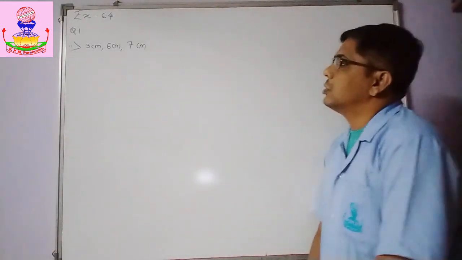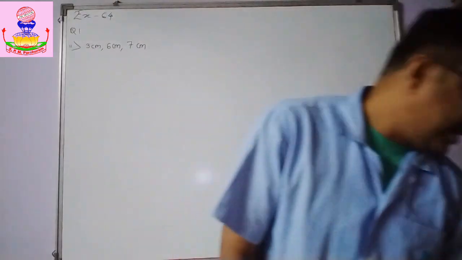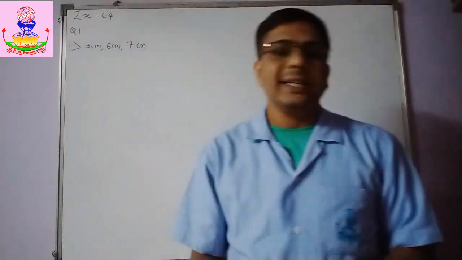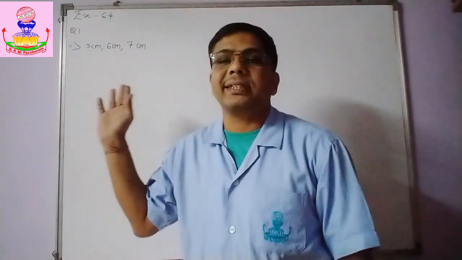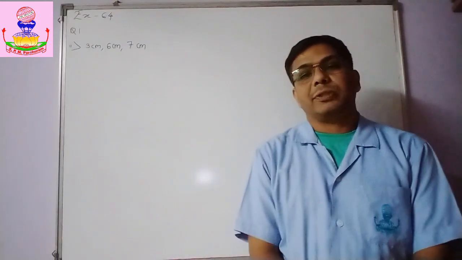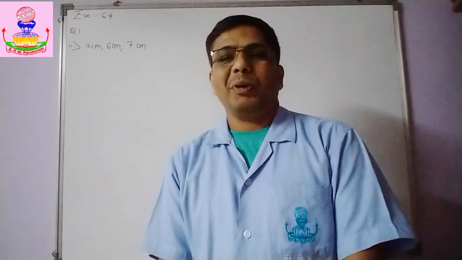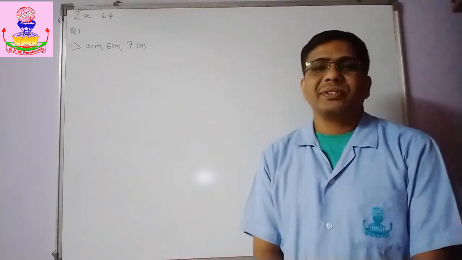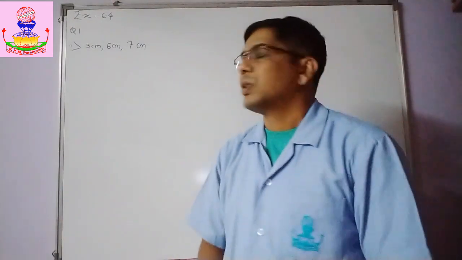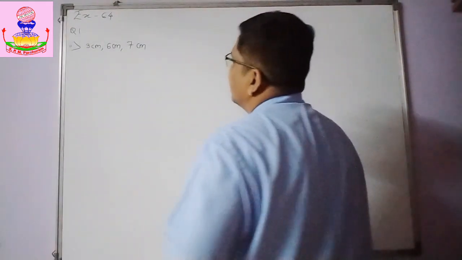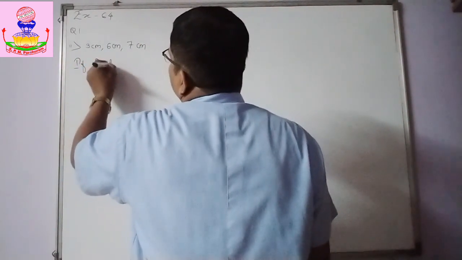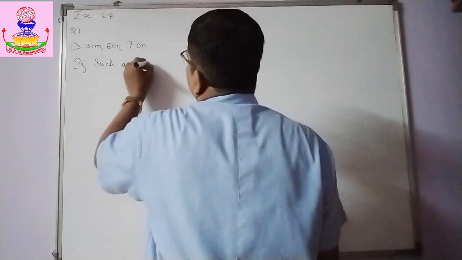Now exercise 6.4, question number 1. What it says is, is it possible to have a triangle with the following sides? So we have to check whether such a triangle is possible or not. So for that we are going to use the first property, that the sum of two sides of a triangle should always be greater than the third side. Okay, so we will say that if such a triangle is possible,